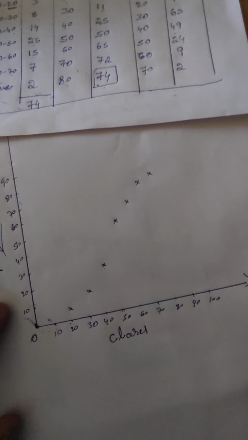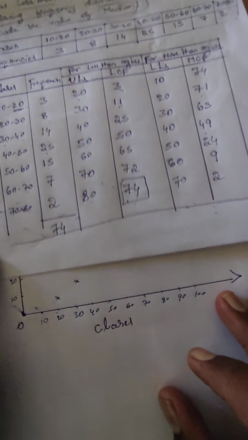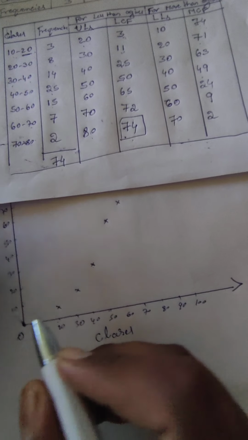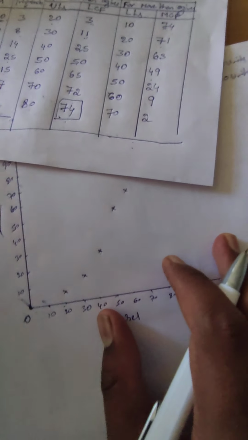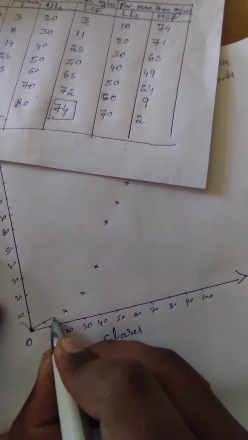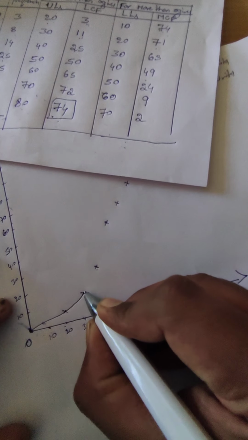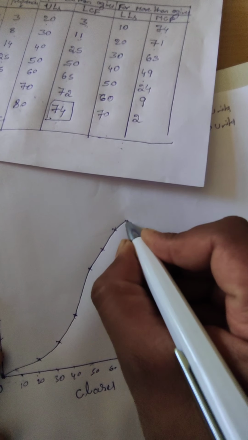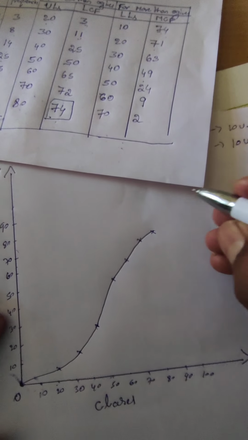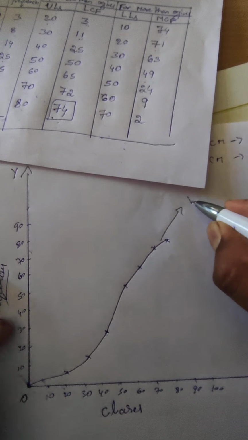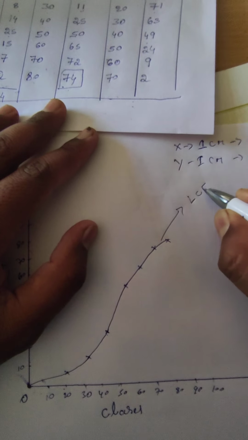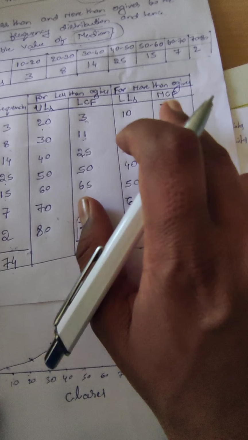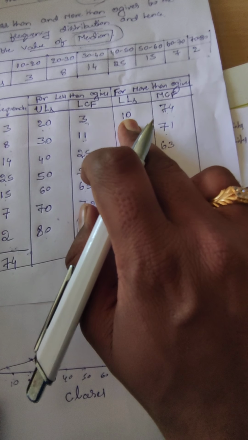Okay, students. So this is the way of identifying the less than cumulative frequencies first. Later we have to connect them with a free hand. Okay, students, this is called less than cumulative frequencies. Next, we have to draw a more than cumulative frequency based on the lower limit values,